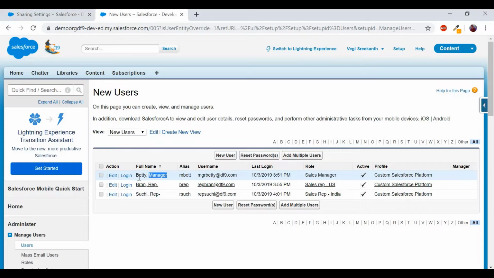So manager Betty can see Brand's and Suchi's records. Now we'll try to create a sharing rule where all the records that have been created with this particular role have to be shared with Sales Rep India. Let's say an example of audit kind of things. All the records of the Sales Rep US team have to be audited by Sales Rep India,